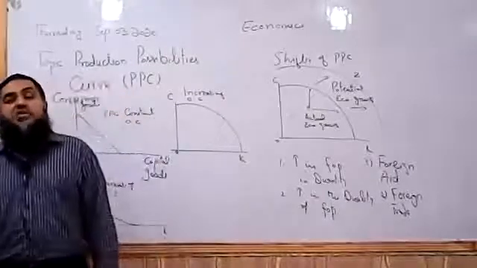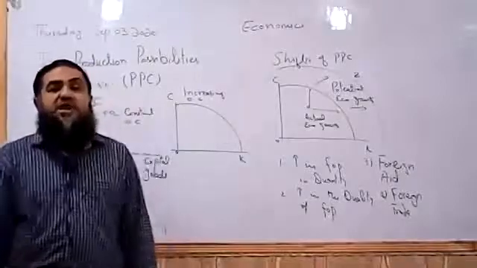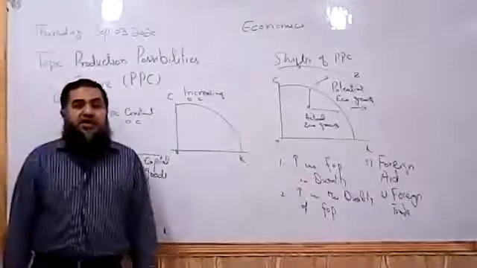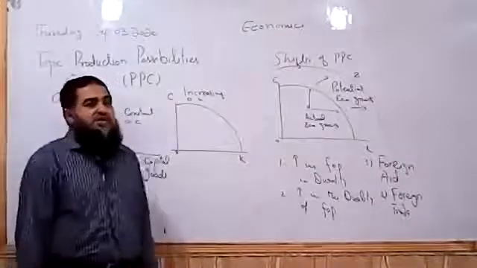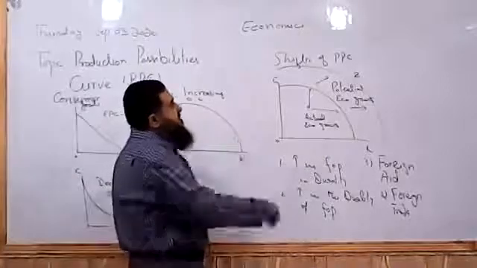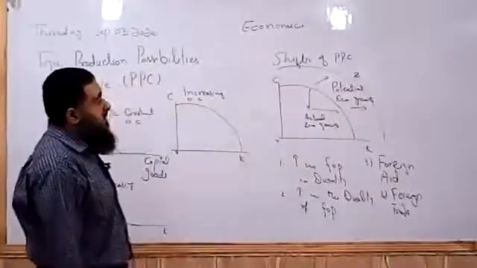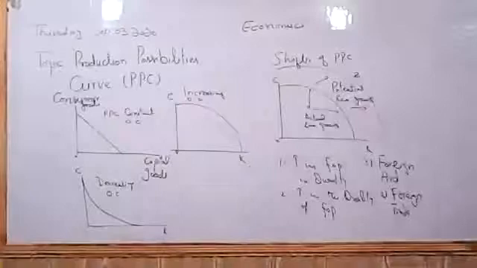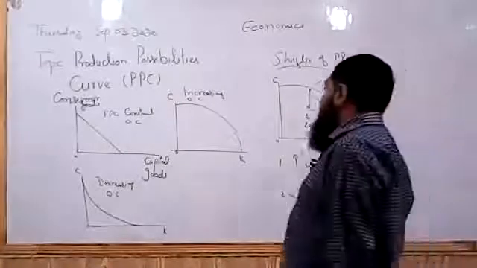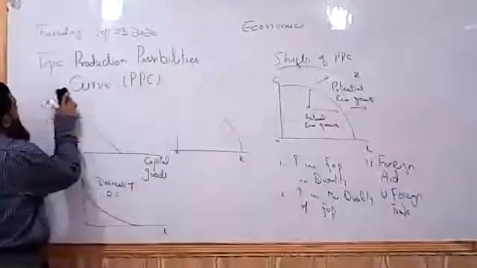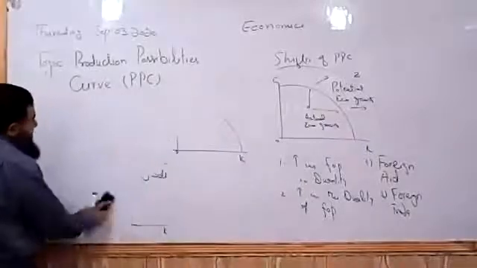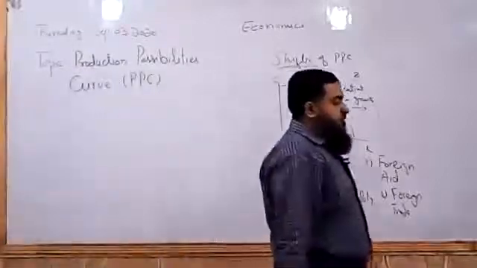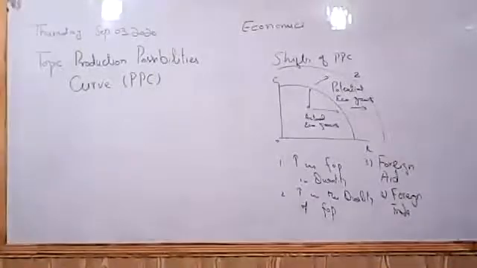And foreigners, when they are buying our goods, our country will be able to get more foreign exchange, more foreign resources will be added to our economy. So when more capital is available, then potential will increase and country's PPC will be again shifting rightward. Okay, so these are called the parallel outward shifts of PPC, how PPC is shifting parallel outward. Another thing which could cause a pivotal shift of PPC, in which we don't have a parallel outward shift, but we can have a pivotal shift or non-parallel shift.